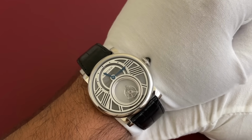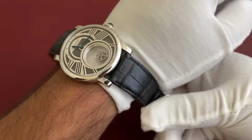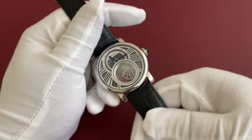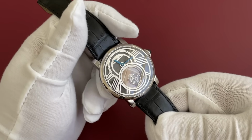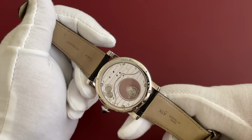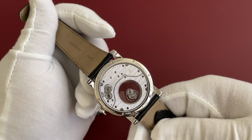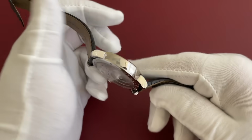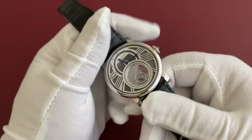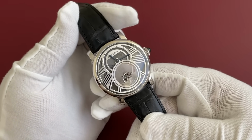Now, this watch was part of the Haute Horlogerie collection for Cartier, which was only sold in boutiques and was extremely rare. Designed by Carole Forestier-Kasapi, who was the lead designer for Renaud et Papi and Audemars Piguet. She then went to Cartier and made this beautiful in-house piece right here. Probably less than 100 to 150 of them were ever made. And when it came out, it was